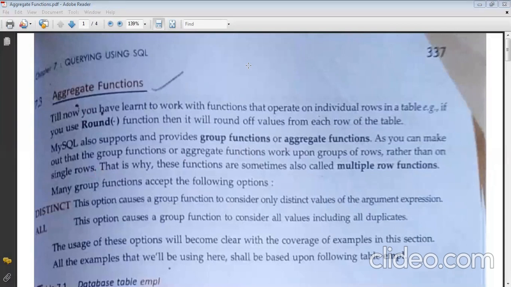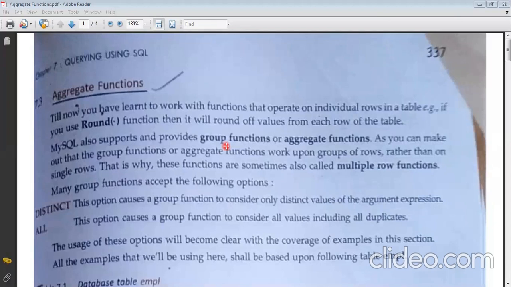Okay. So group functions or aggregate functions are the functions which are applied on groups. Suppose if we take an example of maximum to make you understand. Maximum will give us only one output. Suppose I say find out the maximum salary. The maximum salary will give you only one output. It is not like individual rows will be giving you output as we have in the round or truncate function. But here, one output will be there for the entire column salary.